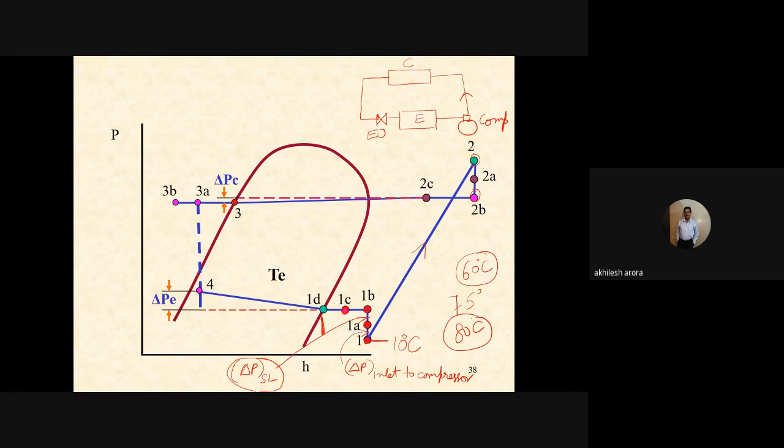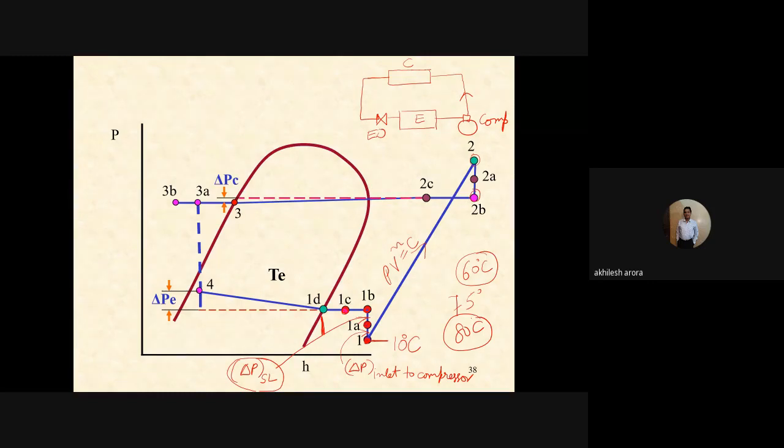So basically both the processes are taking place. Initially the heat flows from the cylinder walls to the refrigerant, and later on during the compression process the heat transfer takes place from the refrigerant to the cylinder walls, and then it goes outside. So basically the process is not reversible adiabatic, rather it is a polytropic process. So 1 to 2 is the polytropic compression of the refrigerant in the compressor. So it is PV^n = constant.